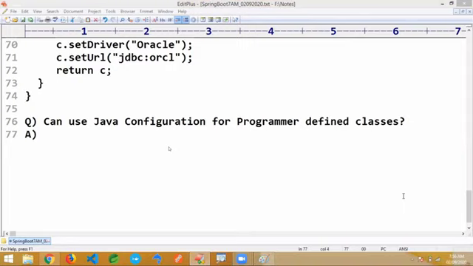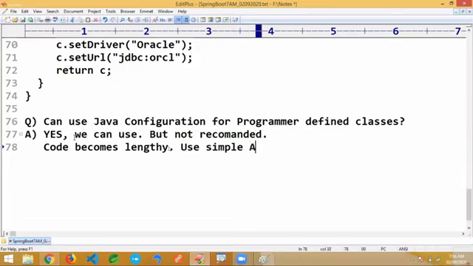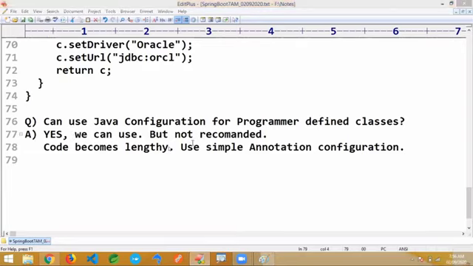Okay, answer. Answer is yes, we can use it, but it's not recommended. The code becomes lengthy. Use simple annotation configuration. Remember, yes, we can use it, but actually it's lengthy. That's actually not good practice here, not recommended. That is going to be not recommended here. Remember,